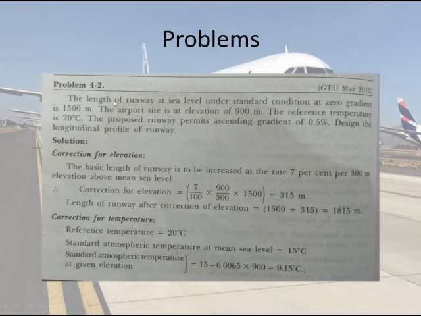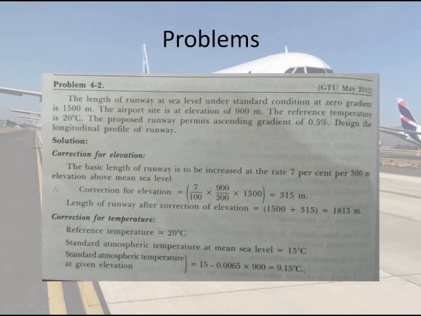In this problem, the length of runway at sea level under standard condition at zero gradient is 1500 meters. The airport site is at an elevation of 900 meters. The reference temperature is 20 degrees centigrade. The proposed runway permits an ascending gradient of 0.5%, designing the longitudinal profile of runway. So, solution for this: